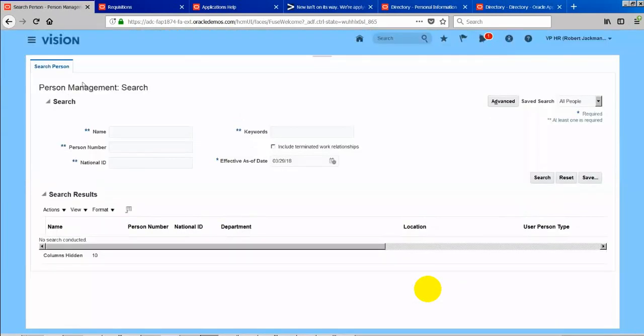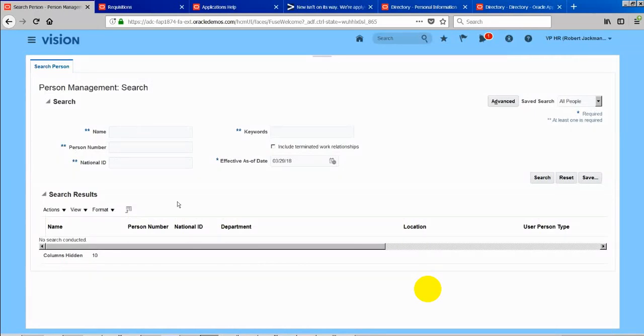Whenever we go to any work area, most of the pages and most of the tasks let you search for information.